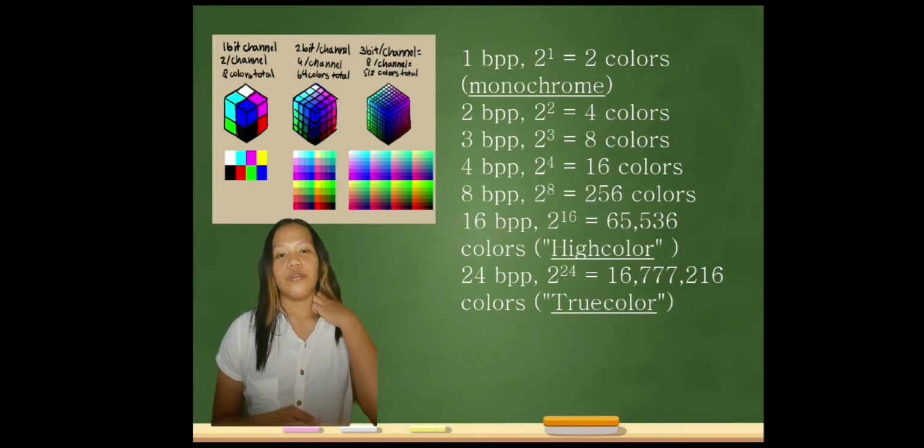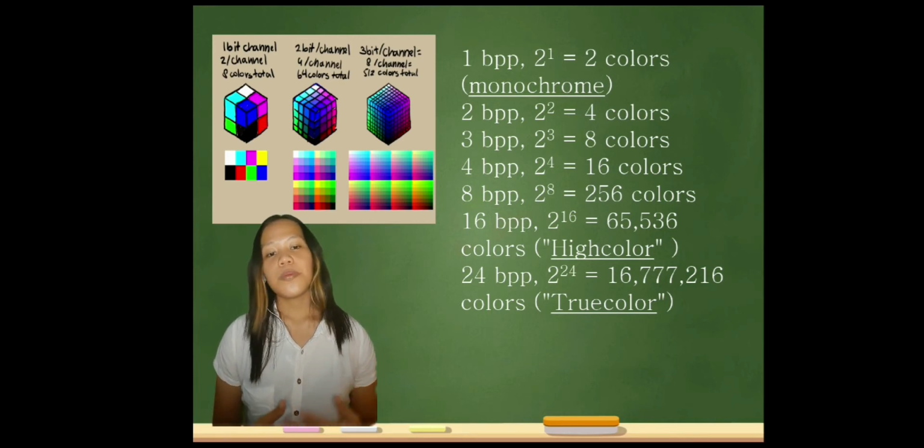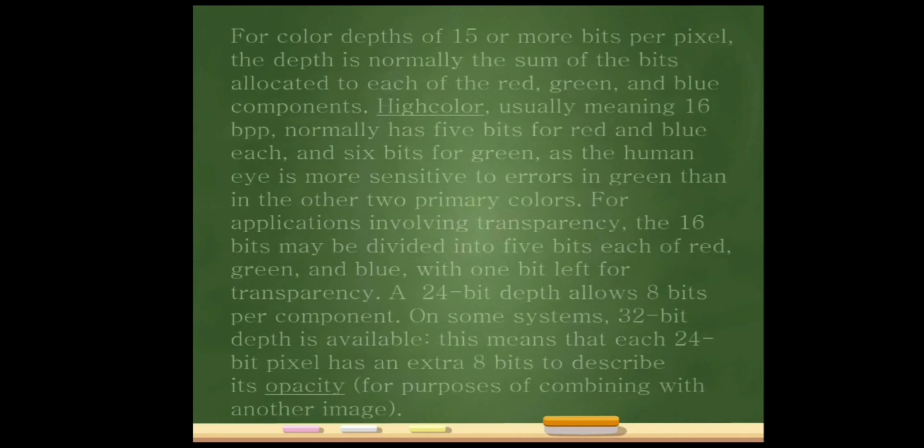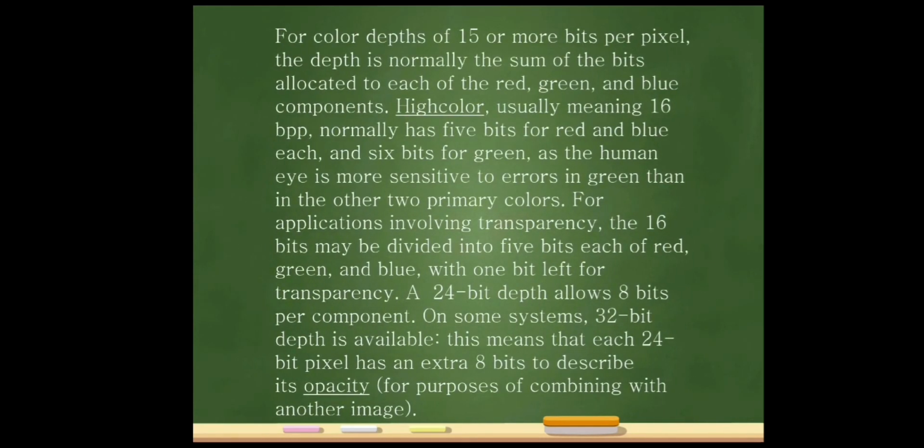So 1 BPP, 2 colors or monochrome; 2 BPP, 4 colors; 3 BPP, 8 colors; up to 15 BPP or more bits per pixel. The depth is normally the sum of the bits allocated to each of the red, green, and blue components. A high color, usually meaning 16 BPP, normally has 5 bits each for red and blue, and 6 bits for green, because the human eye is more sensitive to errors in green than in the other two primary